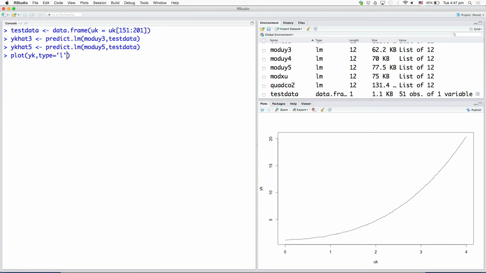In fact, let us also call it yk test, creating a variable which corresponds to the yk for the test data. All right. So, now plot